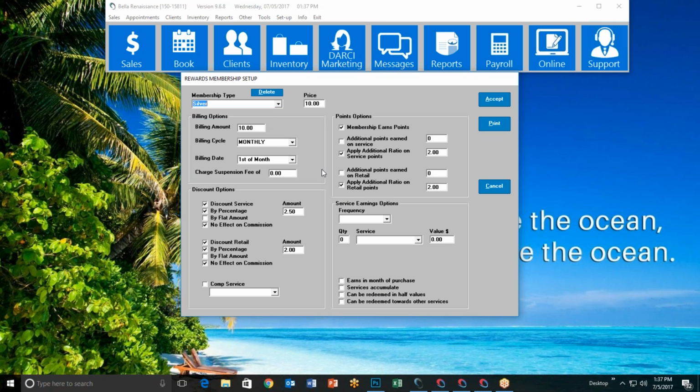Now, we have a Silver membership, which is $10 a month. So you want to be a Silver member, you've got to pay me $10, and every month I'm going to charge your credit card $10 again. And I've said that it gives a 2.5% discount on services. That doesn't affect my employees' commissions. And I've said that it gives a 2% discount on retail. That does not affect my employees' commission. It gives no complimentary services, but it does earn points, and it earns points at an additional ratio of 2-to-1,